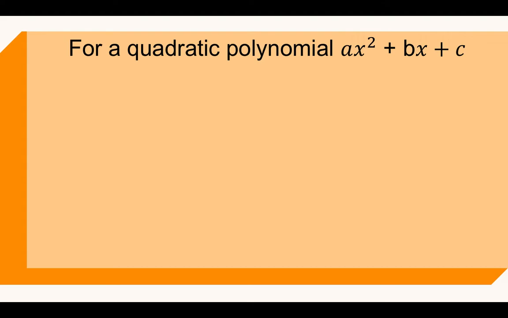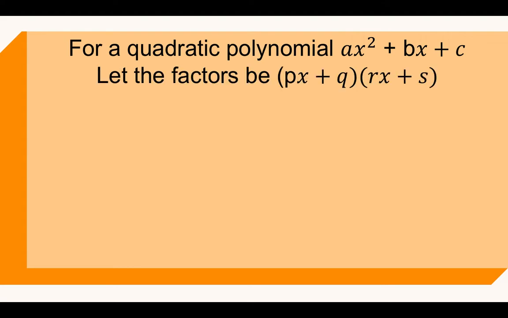So let's consider a standard form of a quadratic polynomial, which is ax square plus bx plus c. Now let us assume the factors of this polynomial are px plus q and rx plus s. So when you solve this, I mean when you do the multiplication and open the brackets, the answer you get will be a polynomial with x as the variable and the highest degree of x will be 2. Let us consider p, q, r and s all are constants.